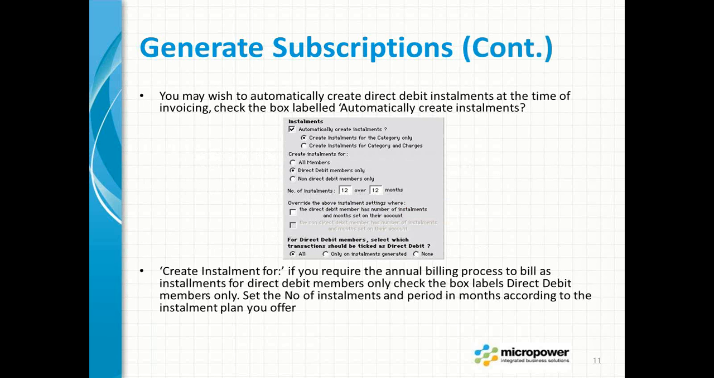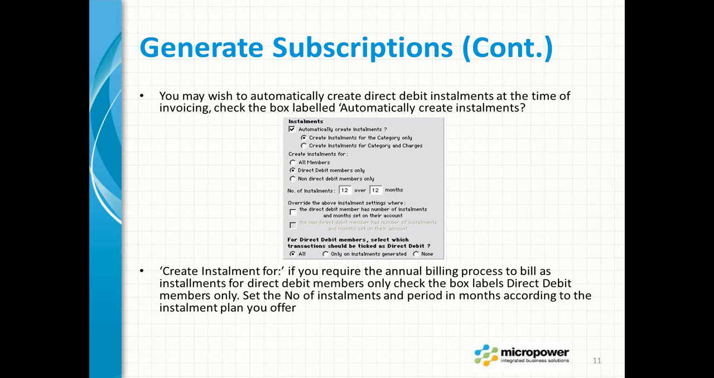So as we move on, it's all about instalments. Obviously we can allow for instalments as part of the process. You may wish to automatically create direct debit instalments at the time. To do that, you just go to check the box labelled automatically create instalments. From here you can fill out your instalments information,